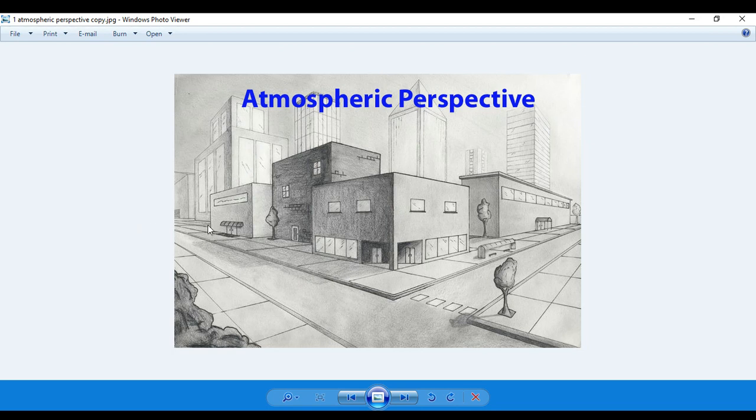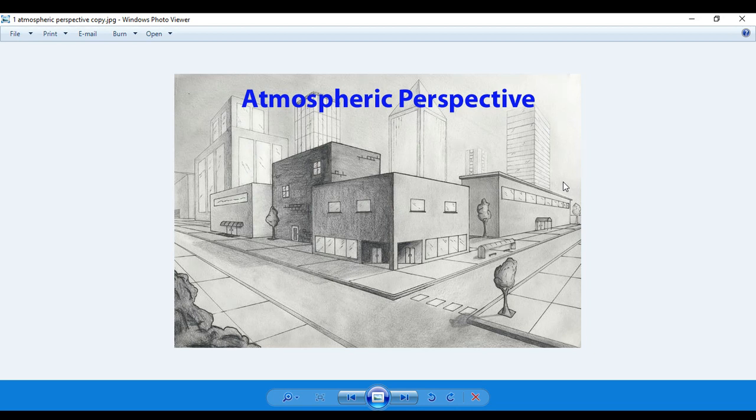For example, number one, atmospheric perspective. We mentioned this last time. Things that are closest to us are going to appear sharper, more detailed, and then as things move away far off in the background, they're going to appear more faded, not as detailed, less contrasty. This is something that we can observe in the real world, and we saw that demonstrated through a landscape photograph